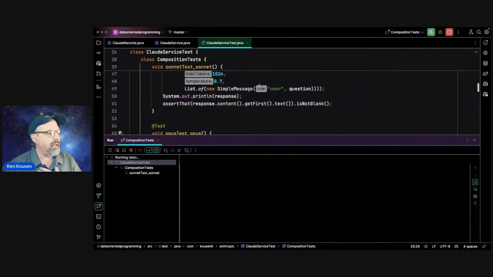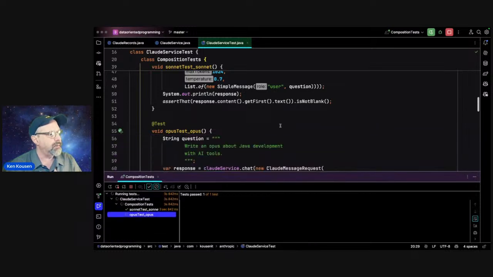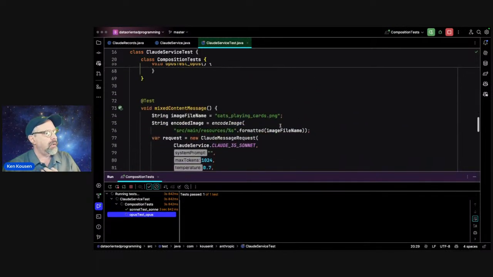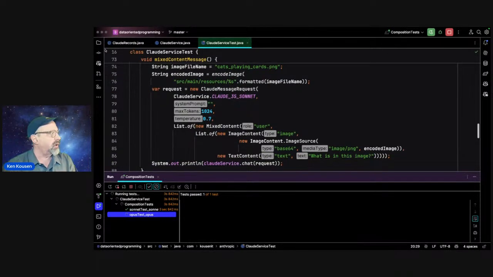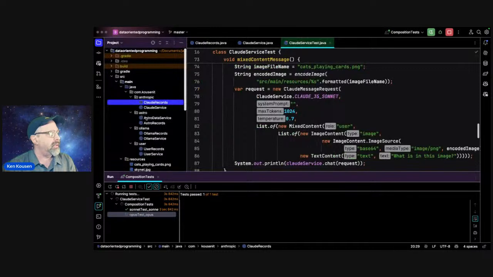So while that's running, maybe move that down a little bit. Here is mixed content with my image in it and everything. So let me show you the image that I'm loading this time. It is